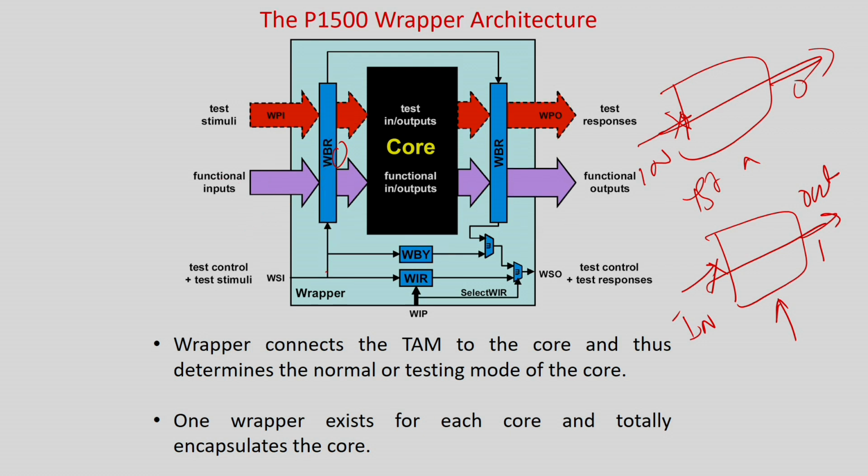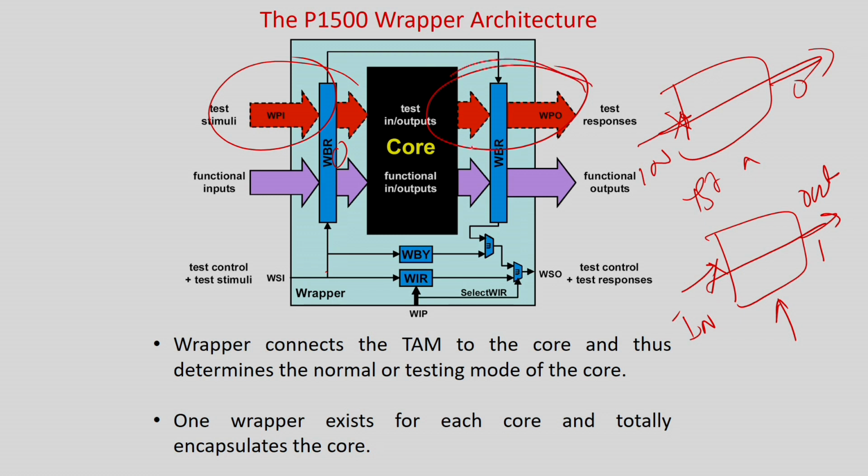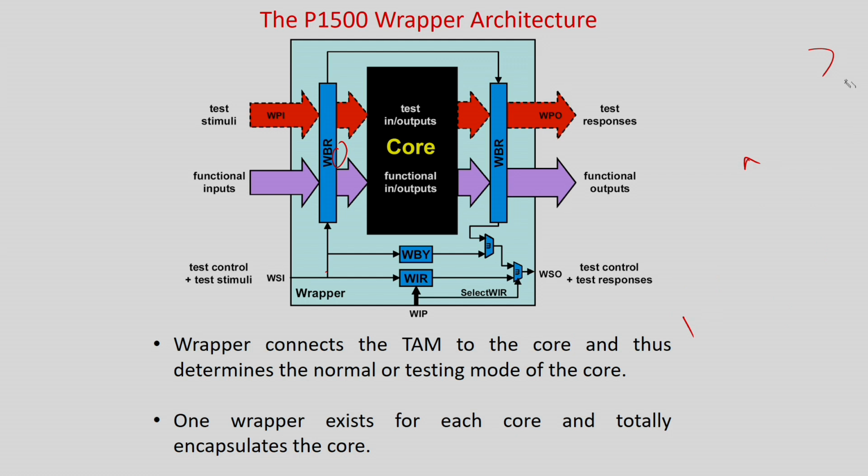And parallel, along with this, you can access, if the TAM has multiple parallel ports, so you can directly bypass these scan registers, and you can directly apply the test patterns. Maybe if I take this figure, it will be clear. As I told you, here I am putting all the values or probing all the values sequentially. But if I have some 5 parallel lines over here, I can directly apply these 5 as the internal lines, direct values I can put, and I can apply the test patterns in a much faster manner. These things correspond to the parallel access. But serial is the simple one.